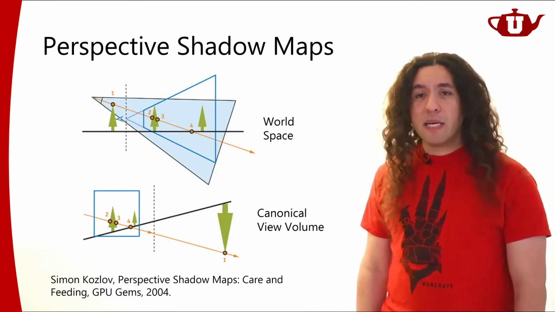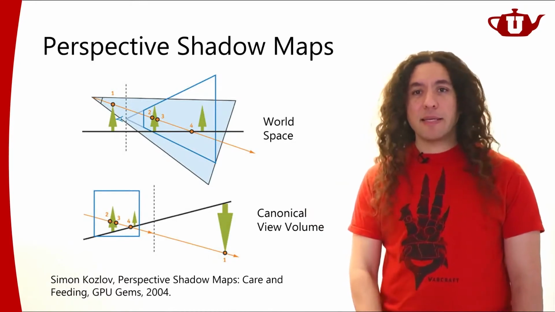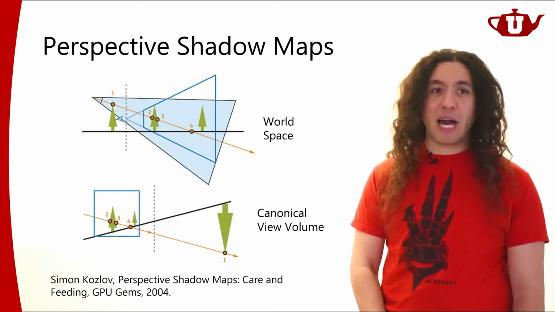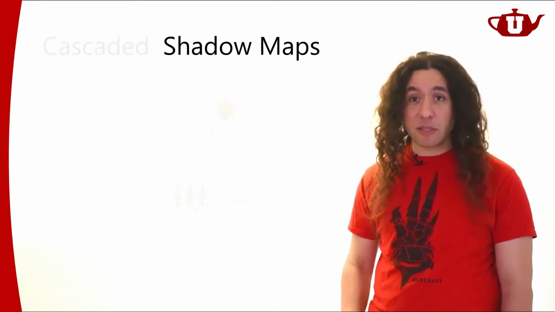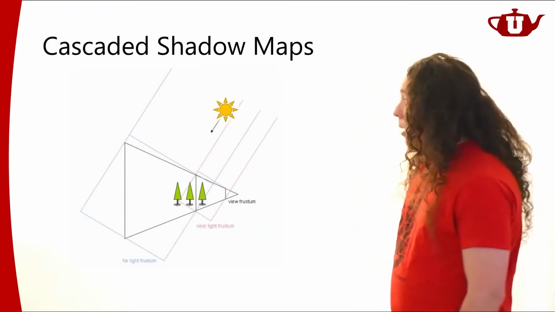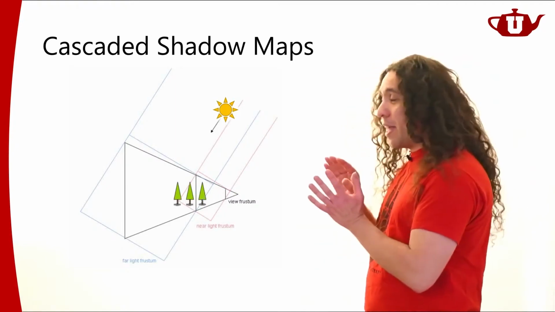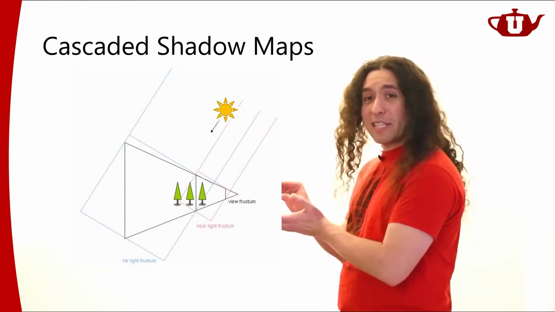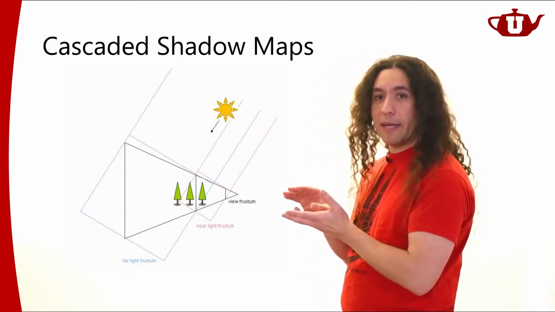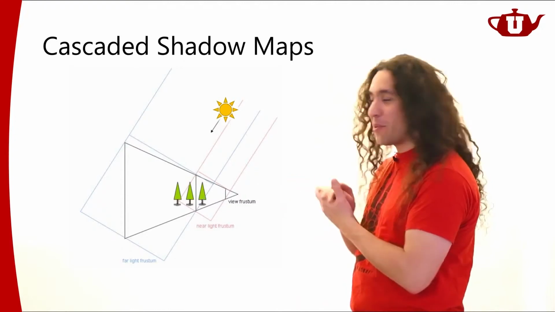Because of that, what people often seem to prefer these days is a different variant of this perspective shadow maps type idea. It's a much simpler idea, actually. It's what's called cascaded shadow maps. This is, as I said, a much simpler idea. Now, here's what it does. Imagine that this is my camera. I'm looking at the scene. Well, I'm not visible when I do that. I'm looking at the scene from this camera view.